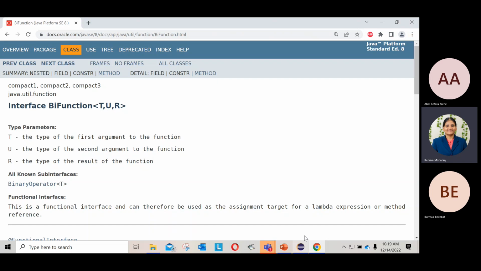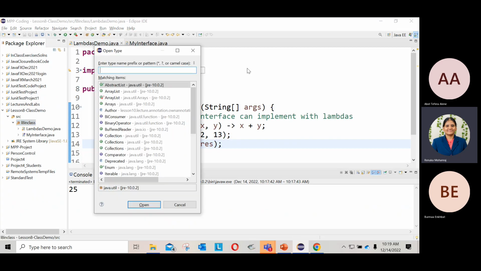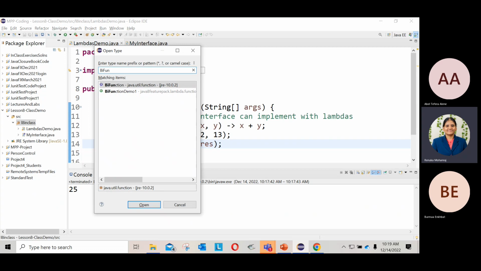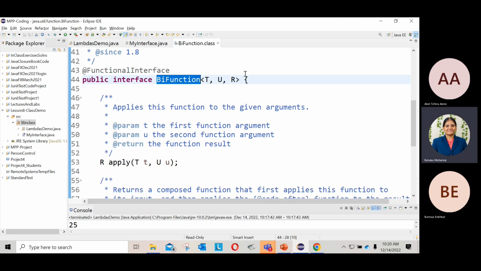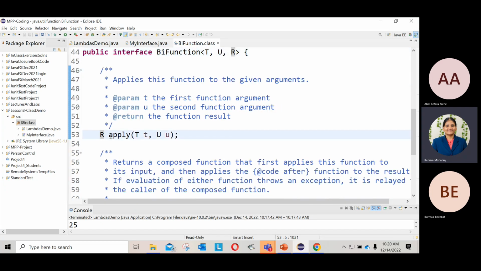Let's go and check it inside the IDE. You can look at that interface. The name is BiFunction, which is from java.util.function. Take a look at this one. All interfaces are generic, so you can pass any data type. I can pass 2 different data types. The type 1 is T and the type 2 is U. You can pass int, float, or both int, comma, integer, whatever you want. The R indicates the return type, and it has one unimplemented method, which is apply, takes 2 arguments and returns the value. Now how can I use this BiFunction inside my code?